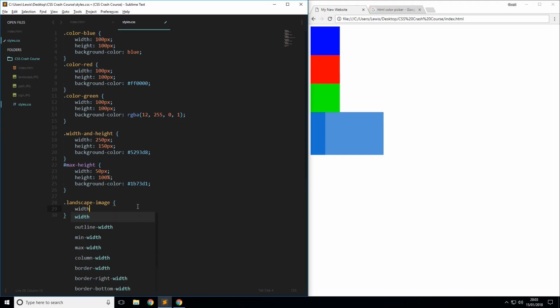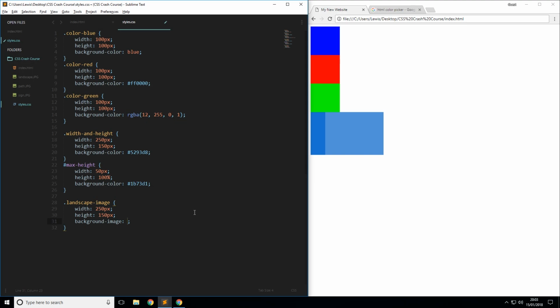First of all though, we're going to want to give it a width and a height, so we'll give it a width of 250 pixels and we'll give it a height of 150 pixels, keeping on with the other stuff then. And the way that we reference the image is by saying background-image colon,